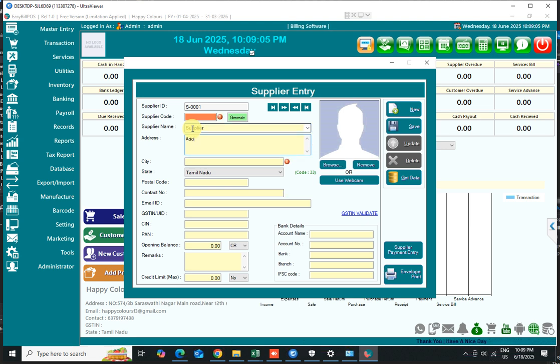Supplier address, local, and it is your same state and postal code. Contact number also I'm putting 0. That's it. I'm just making save. Email ID, save it. Okay,